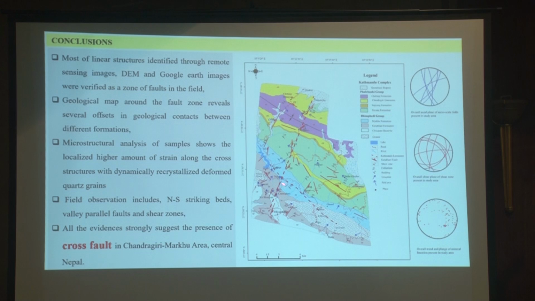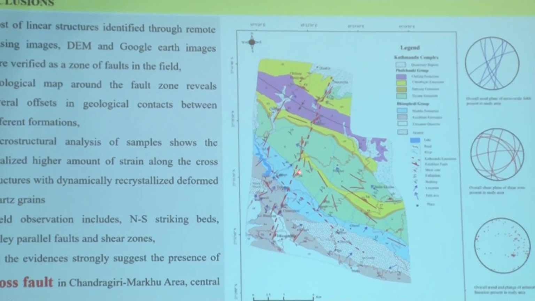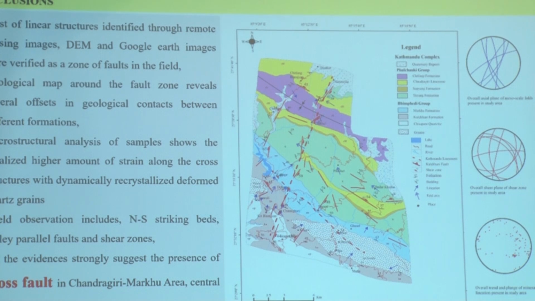We can clearly see the contact between the Kulekhani Formation, the Marco Formation, and the distant formation. Also, some of the offsets over here. The microstructure analysis samples show a localized high amount of strain along this section, and the field range observation includes